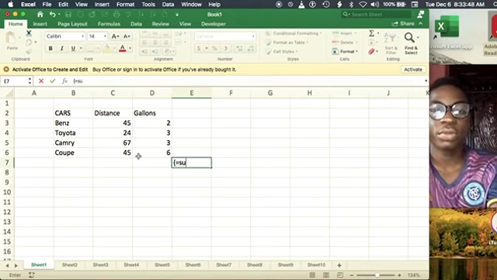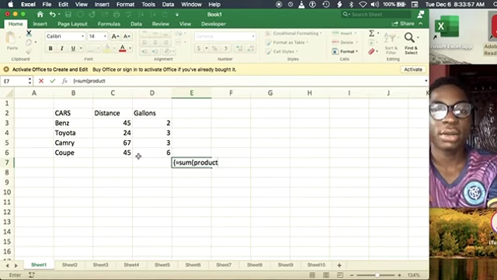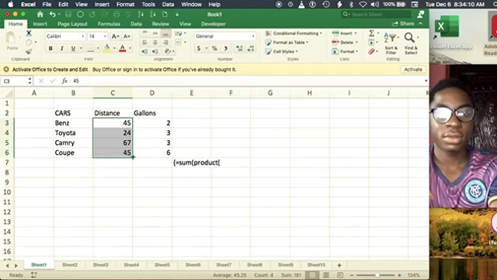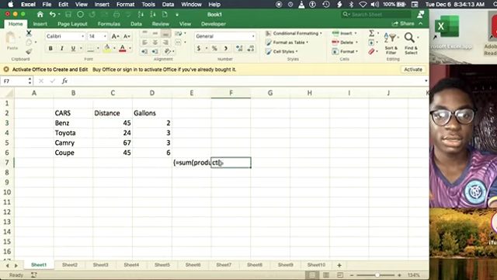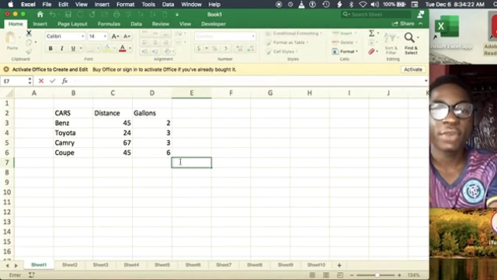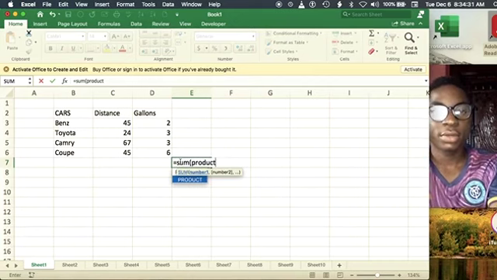We'll use the sum of, then the product. First of all, let's just type in the formula before enclosing it. Equals sum of the product of